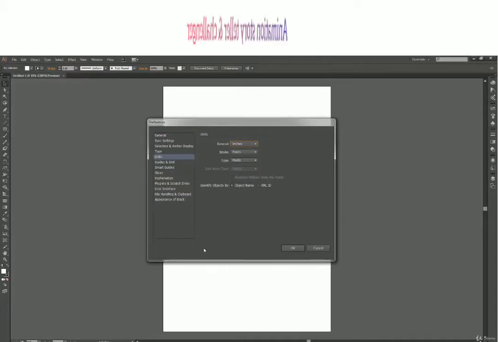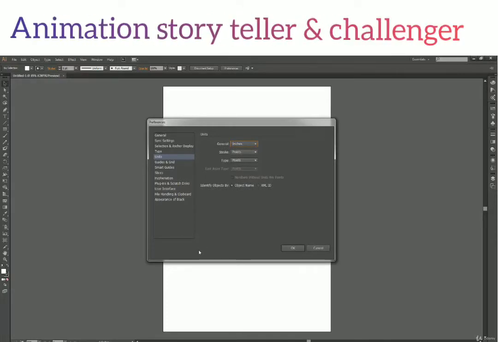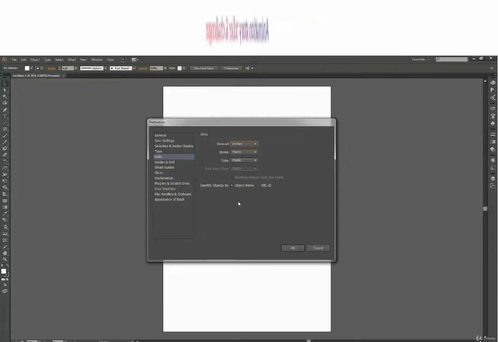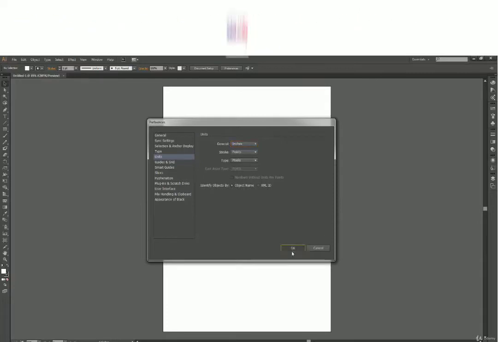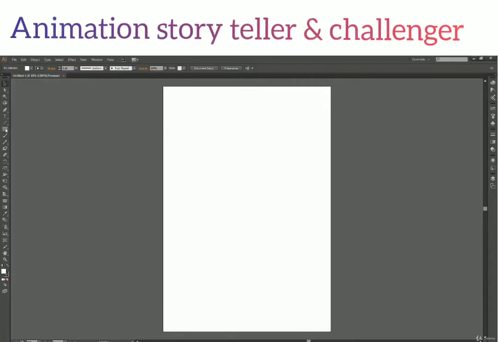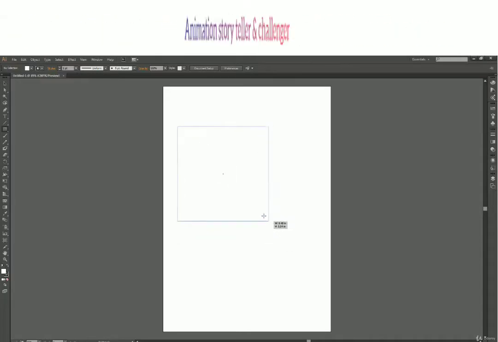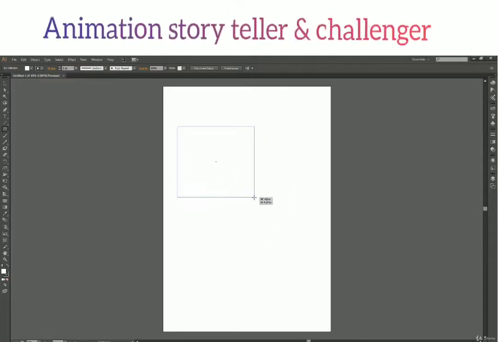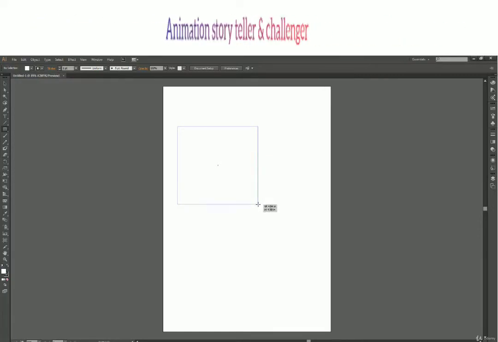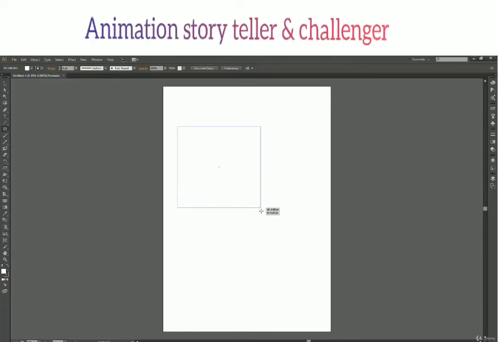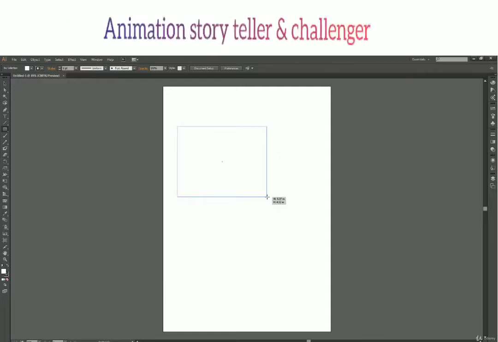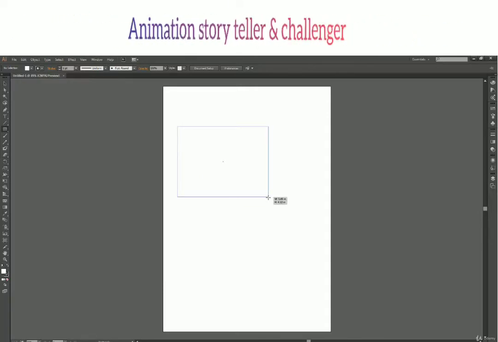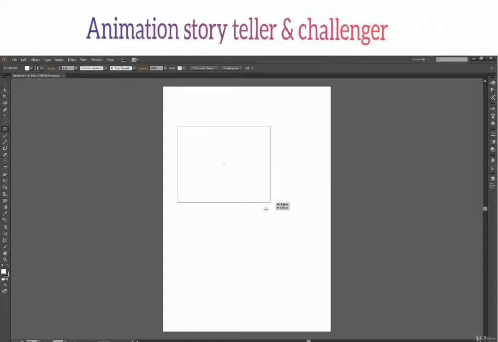So everything I'm doing in Illustrator is supported in inches except few of them. So we will cover that, where we can see this unit change and all. So let us press OK right now, and I will quickly draw a rectangle over here. So if you note at the bottom right of my cursor, there is a width and height. So it says 5.37 IN. This is inches. So this is the unit which we can modify from the preference panel. Also height, it says 4.21 inch. So this thing we can modify.